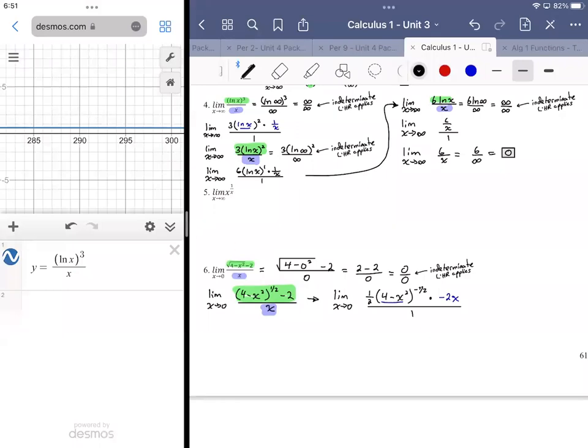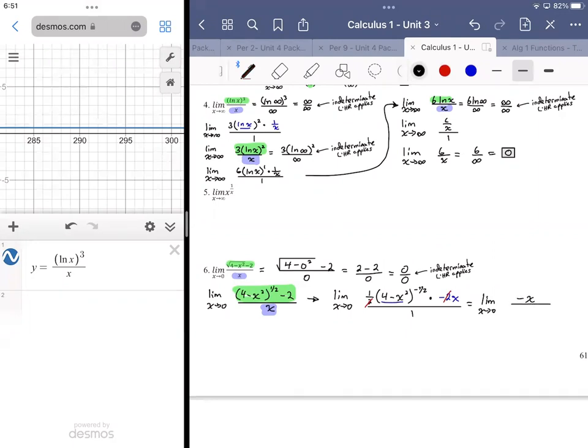We want to simplify just to make it easier on ourselves when we go to the next step of applying the limit and seeing what happens. All right, so this is going to be limit as x approaches 0. I got that common 2 that can cancel out. So we're looking at really negative x